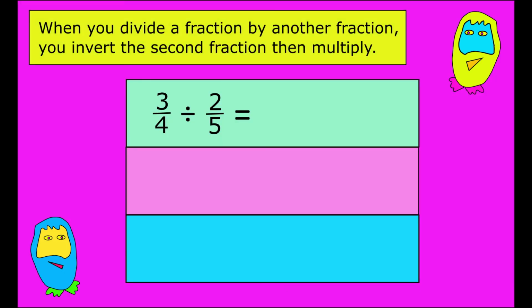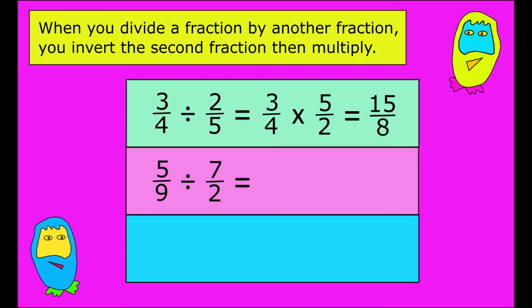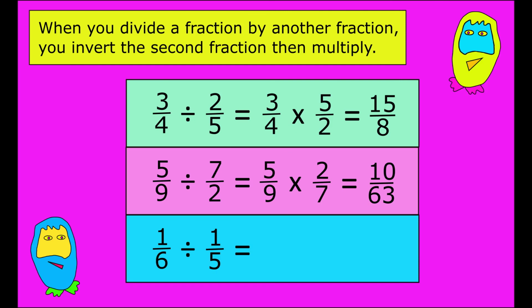So when you have 3/4 divided by 2/5ths, well, that's the same as saying 3/4 multiplied by 5/2, and that gives you 15/8. 5/9 divided by 7/2 equals 5/9 multiplied by 2/7, which equals 10/63. And 1/6 divided by 1/5 is equal to 1/6 multiplied by 5/1. And that equals